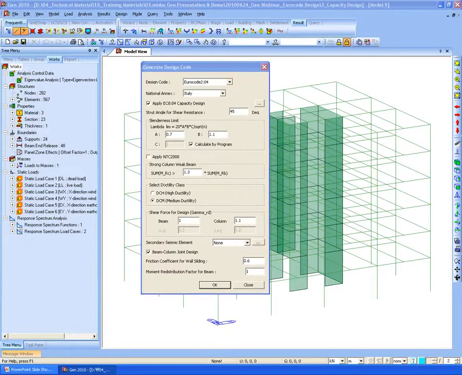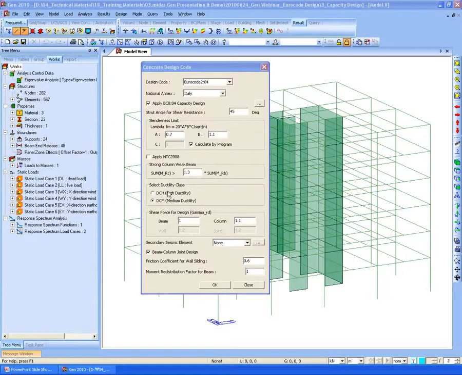Here, first of all, this factor is applied. In order to satisfy the strong column with beam rule, we need to have the safety factor. This factor can be changed based on the different national annex, and we can change this value.